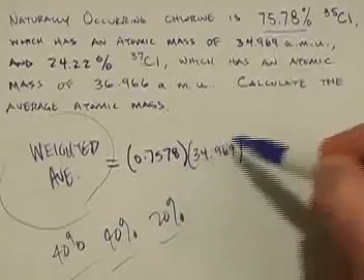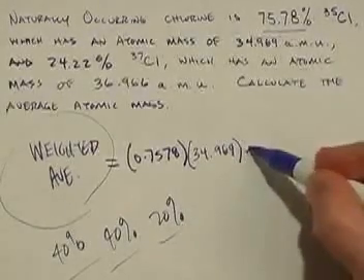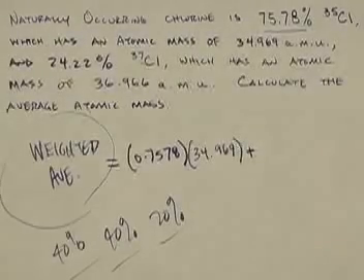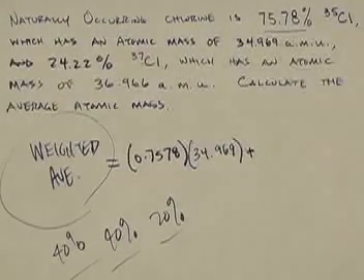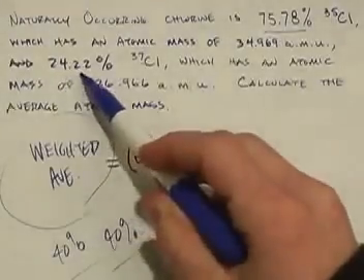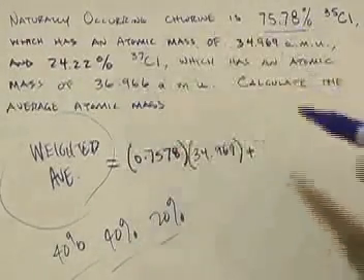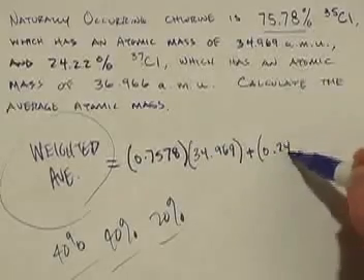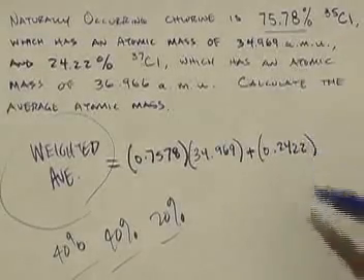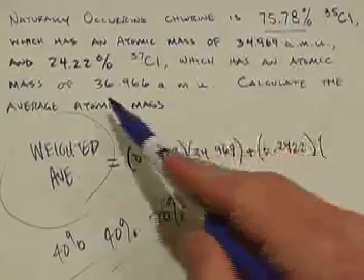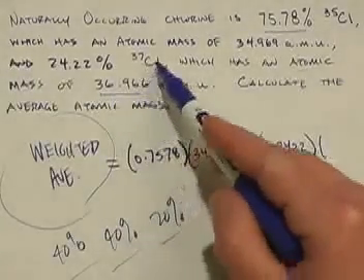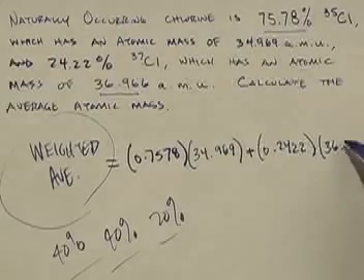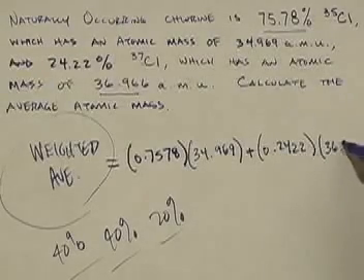I'm not going to put the units in right now and break that rule just for a moment, because otherwise I'm going to run out of space. Then I'll add to that the percentage that is chlorine-37. The percentage, I'm going to write it as a decimal once again, is 0.2422, and I'll multiply that by the weight of chlorine-37, which is 36.966